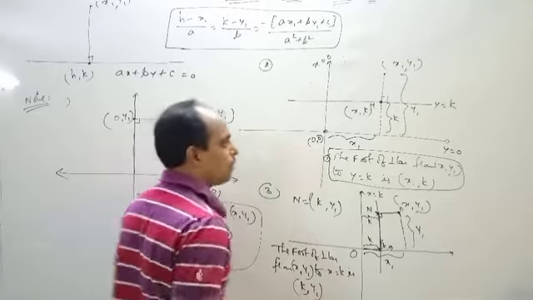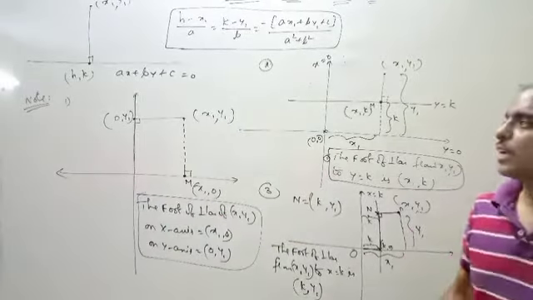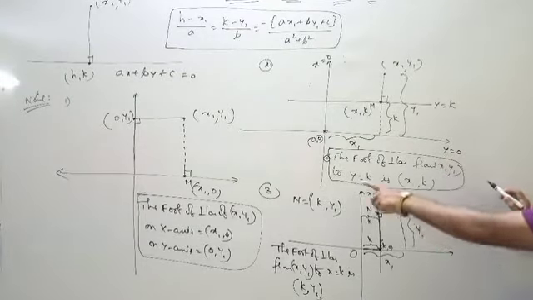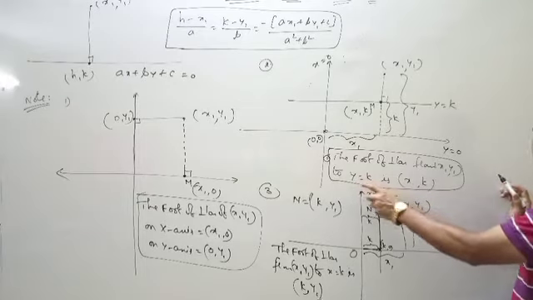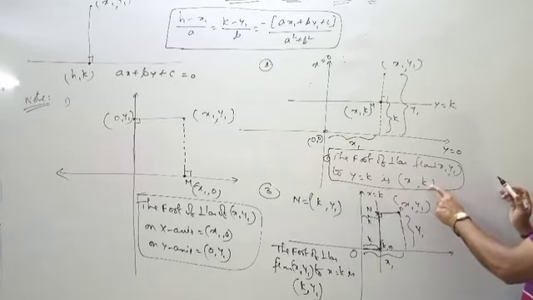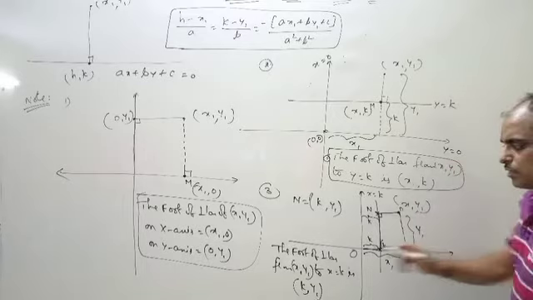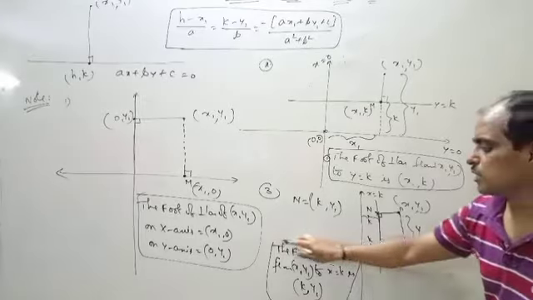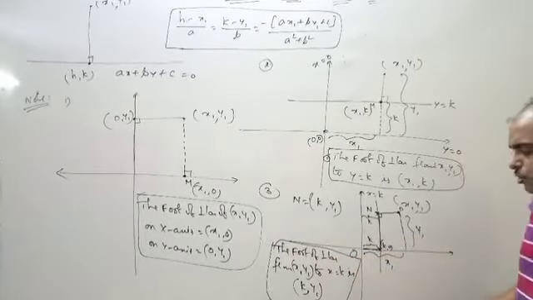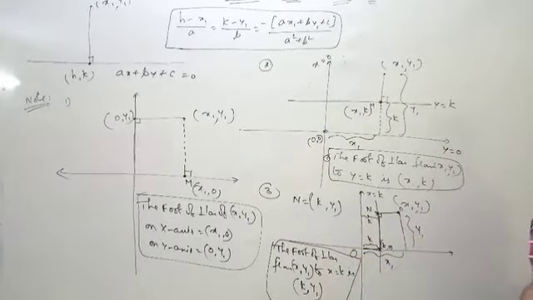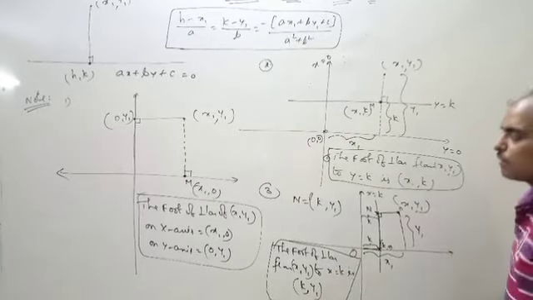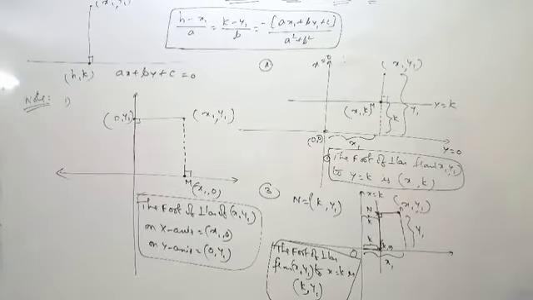k comma y1. To remember it simply, you see, the foot of perpendicular from x1 y1 on y is equal to k. On y is equal to k means y will be k only. That means y changes and x does not change, x1 as it is. On this line x is equal to k, x will be k, y coordinate will be same. So x becomes k, and in the y place y1. So write down these points.